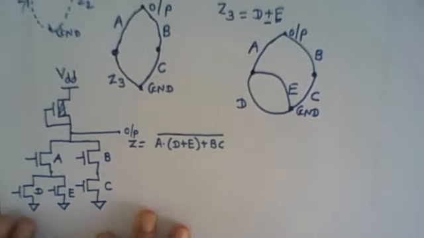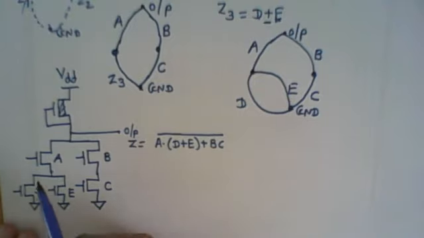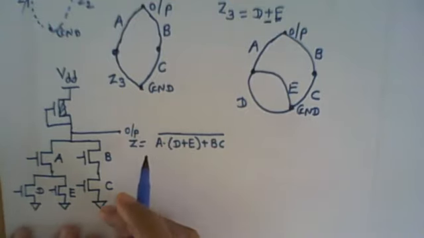Now let's say for which combination we will get output equal to 0. Output will get 0 when either B and C conduct, then this path will connect it to ground and it will make the output 0. Or A and D conduct, then also by connecting this path it will make the output 0. Or A and E conduct, then also the output is 0. Or A, D and E conduct, then also the output is 0, or when all the MOSFETs conduct, then also the output is 0.